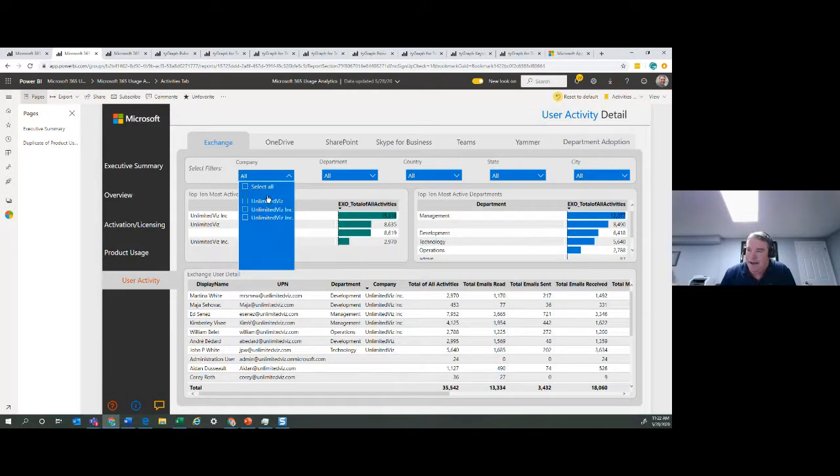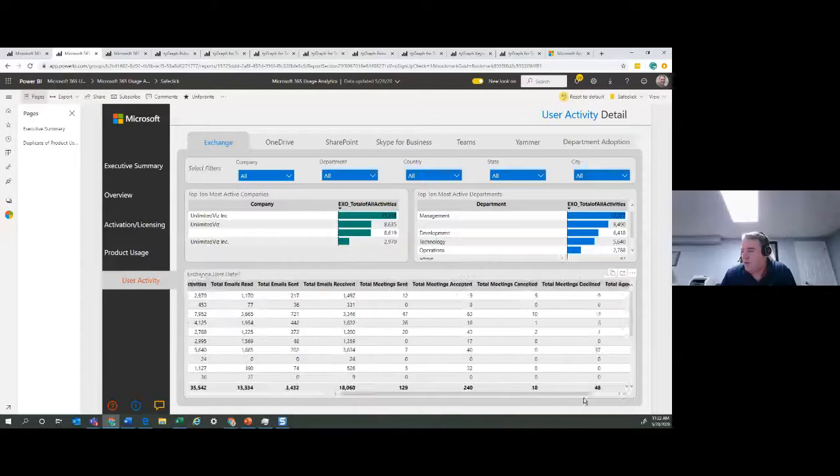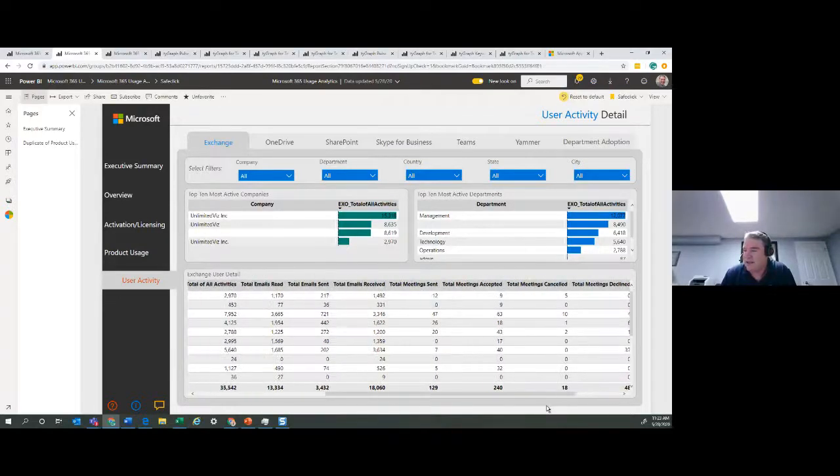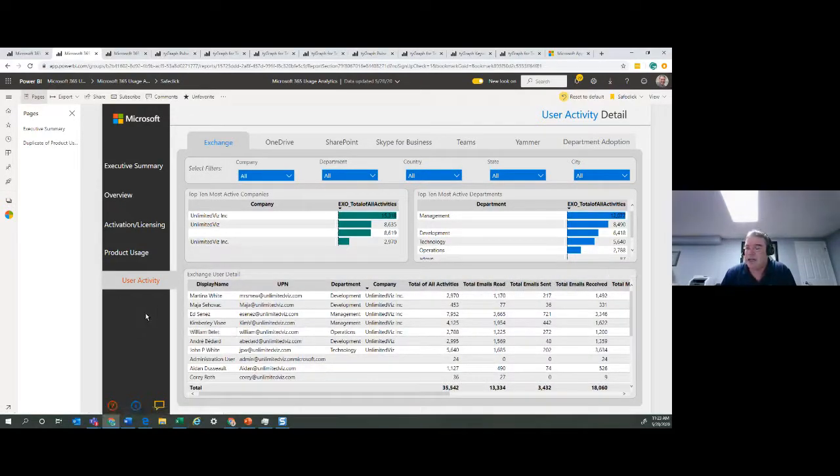You always have this challenge, which is data based: Unlimited Viz, Unlimited Viz Inc without the period, and Unlimited Viz Inc. with the period. You'll always see that in your data, and then the telemetry information in regard to all of the various components within Teams. So this is what is available out of the box.